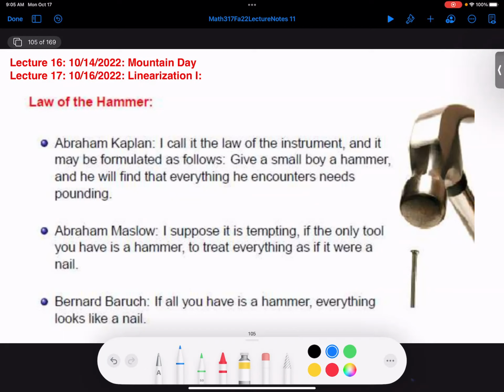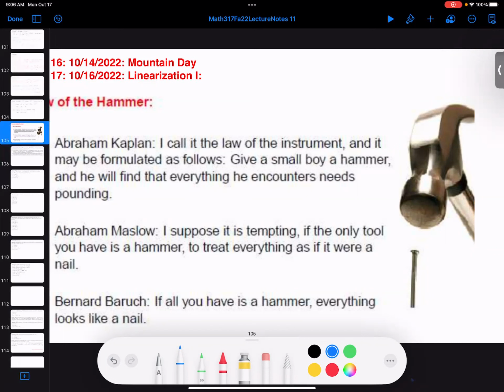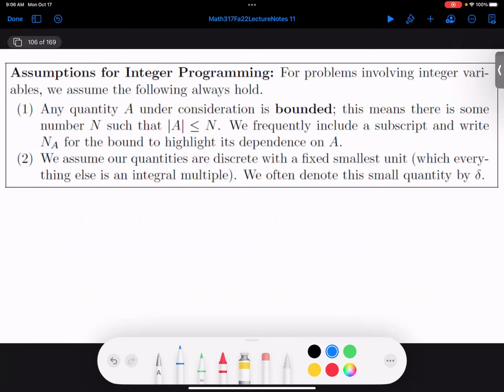If Rambo is playing, then the demand for Terminator must go down by this amount. If, and so on and so on. So these give you an example of why we might want to do if-then statements. So there's a whole slew of stuff that we want to do. I just wanted to try to motivate why we're doing this. So when we do integer programming, I'm going to make a couple of assumptions just to make the math a little bit easier. These are not that big.